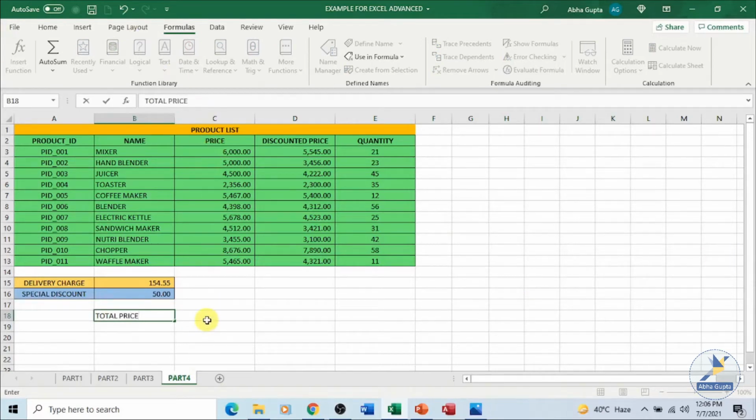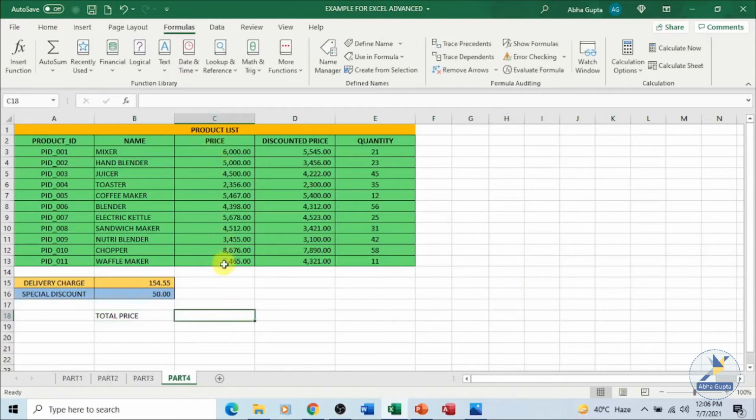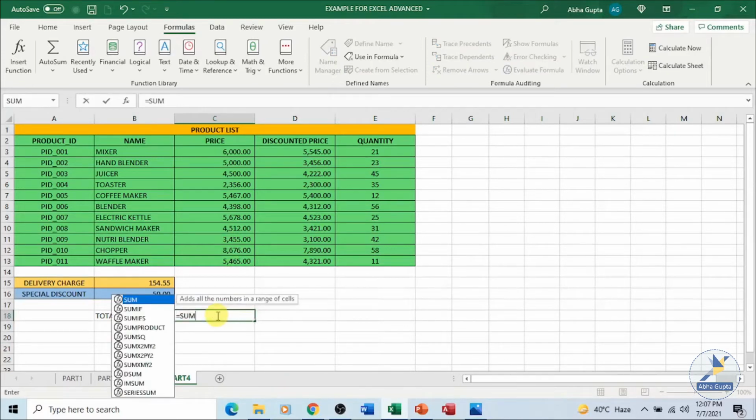This is a small example where we can always define a range, but take for example a sheet which has n number of data, a very large sheet where you cannot select the coordinates or where you cannot make the selection of all the cell ranges. It is very useful in those cases. Let's use it in the formula. Equal to, I want to calculate the sum, parenthesis.